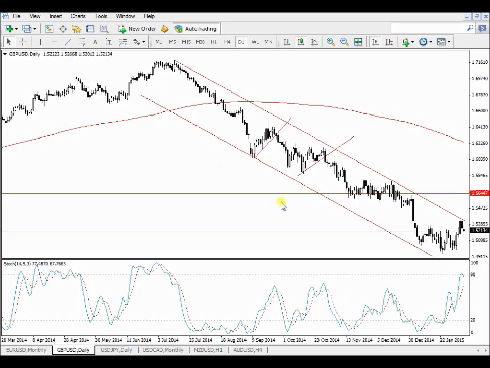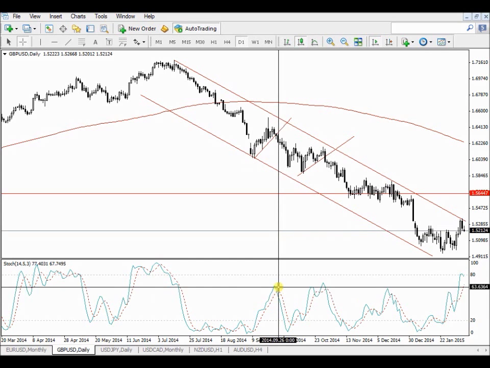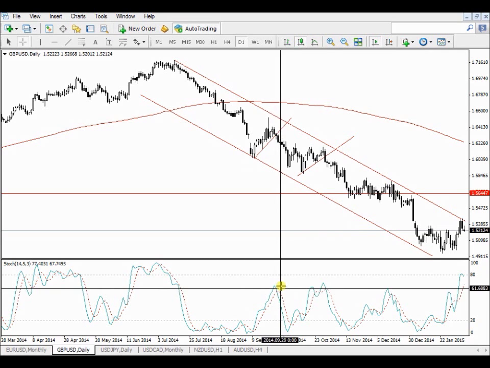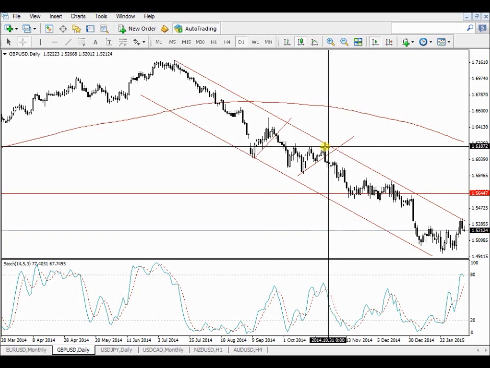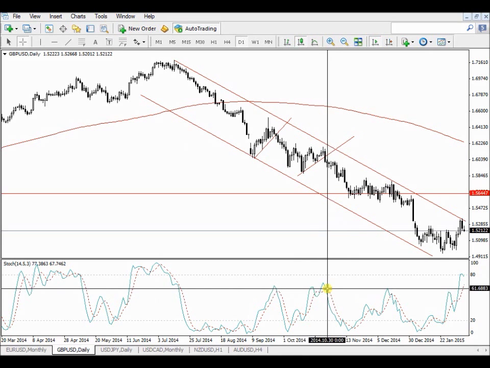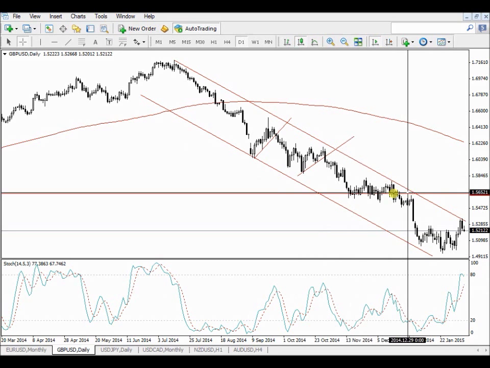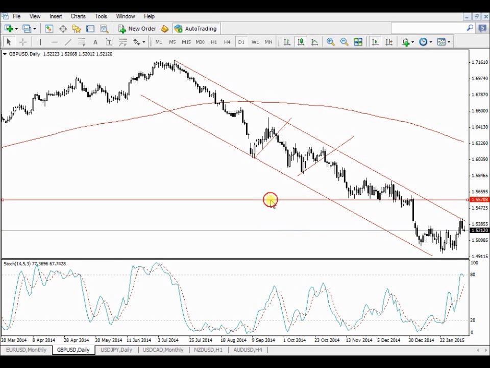I'm looking where my indicator shows me a cross, and as soon as my trend line then breaks, it's a sign to enter the sell. There I can see this indicator is coming down. At this area here where the market is at the resistance of this channel, again this indicator is doing a cross, it's going down.